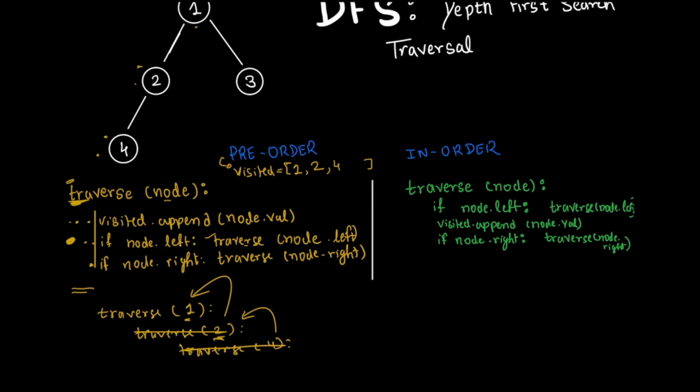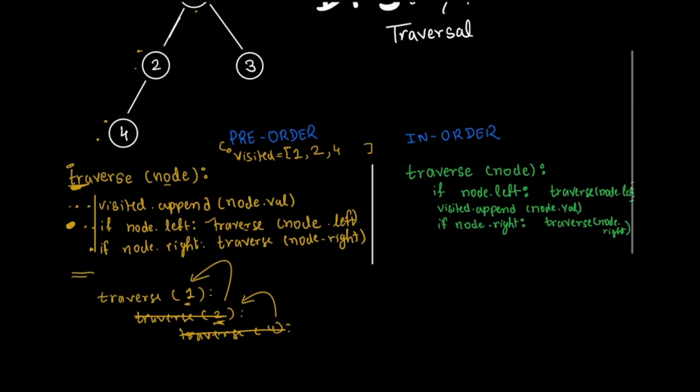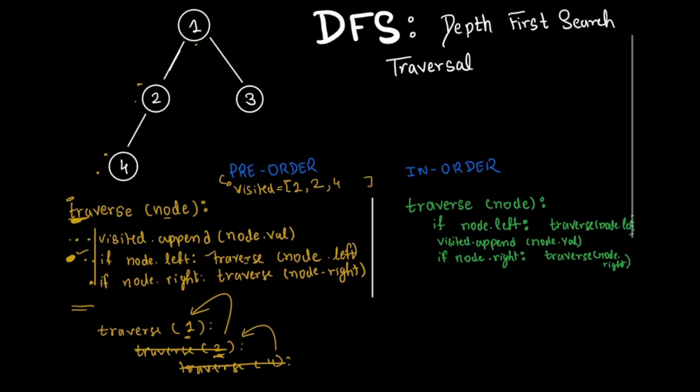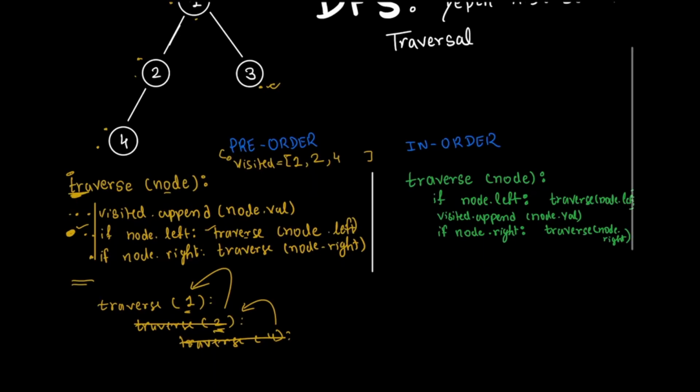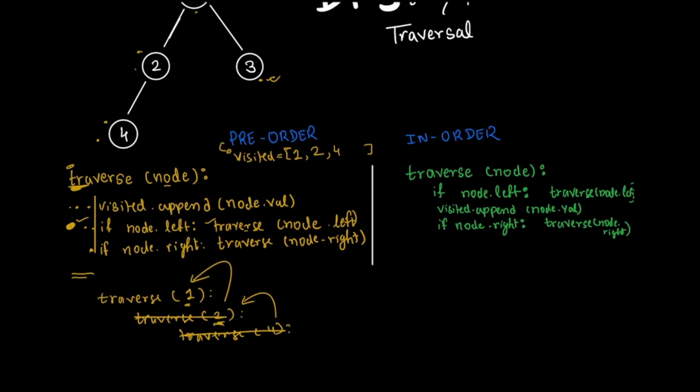So now we have done the checking of the left child for node 1. Does the node with value 1 have a right child? Yes, it has one. So what will happen is we will traverse node with value 3, and the first line will execute, that is appending the node value to the visited list. So I will append it. So I have appended it, and